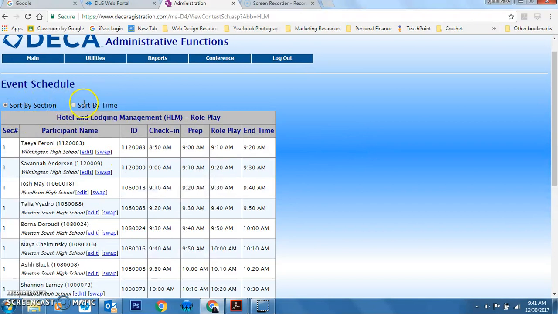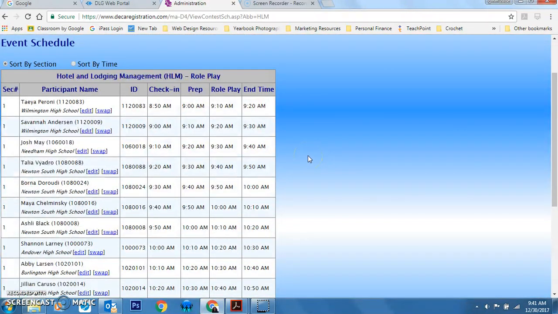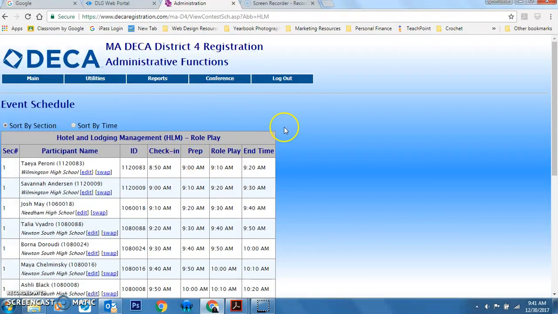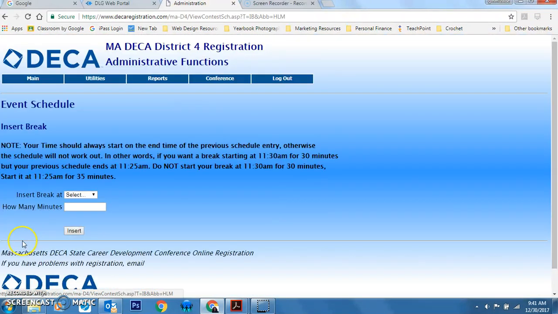by time, your sort, what the participant name is, what school they're at, what their identification number is, their check-in, prep, role play, and end time. Okay? Now, based on what you've set up for this event, all of these numbers will automatically fill in for this particular event. Okay? Now you can insert a break right here and tell it exactly when you want the